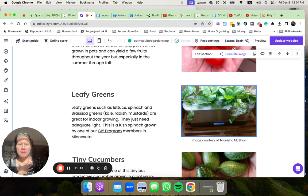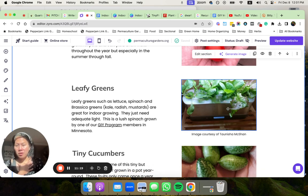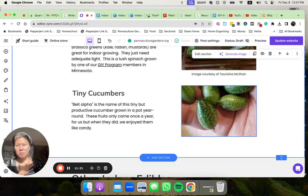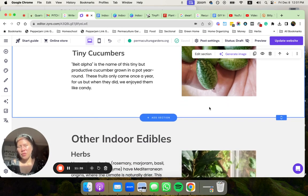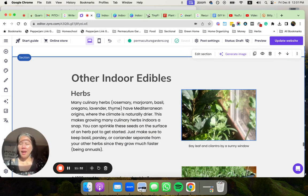So this is in an AeroGarden, for instance. Tiny cucumbers like this Beit Alpha are great indoor foods, vegetables that you can consider growing indoors. Other things that you may or may not have considered: some people start growing with herbs,